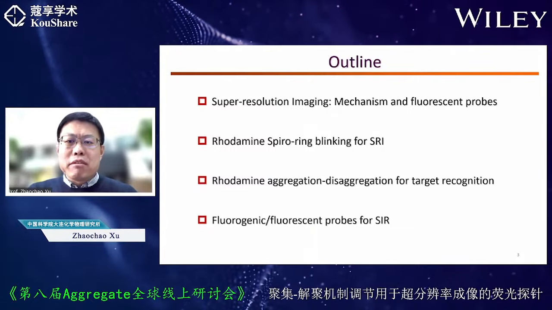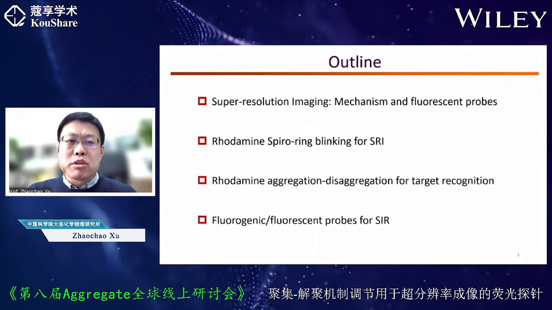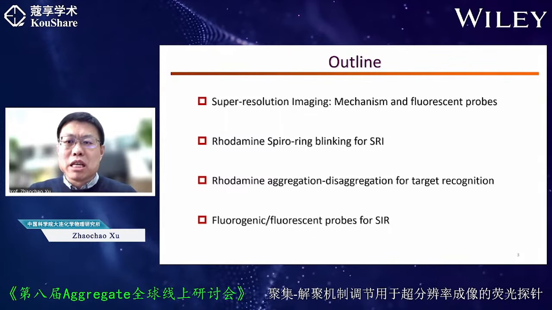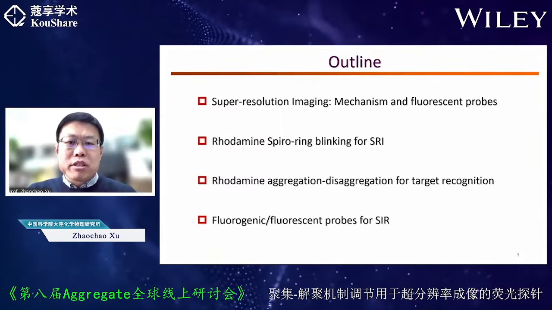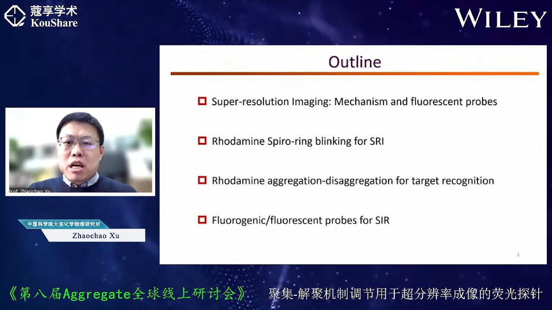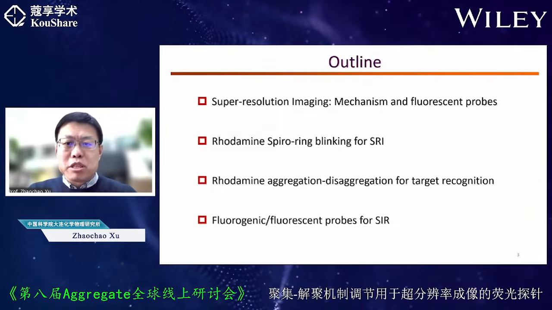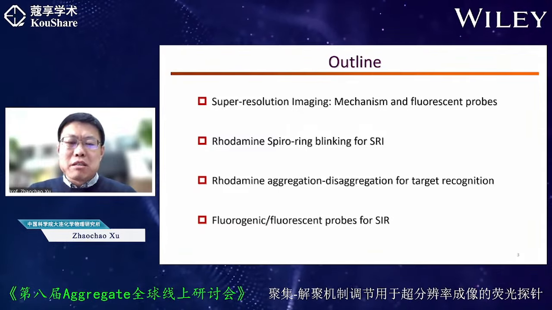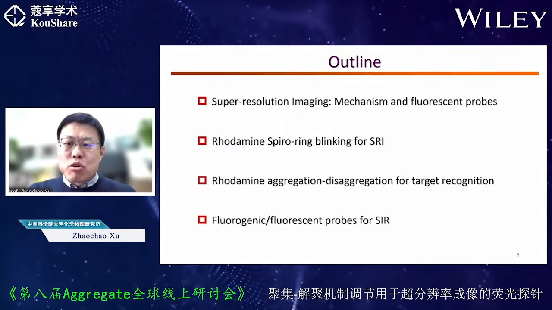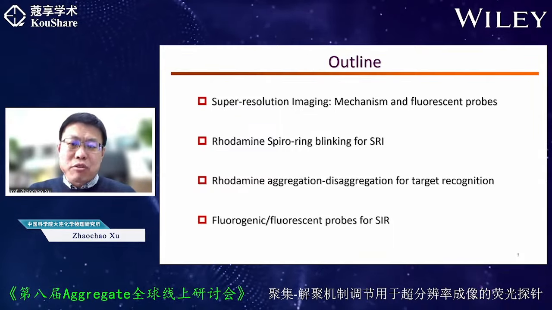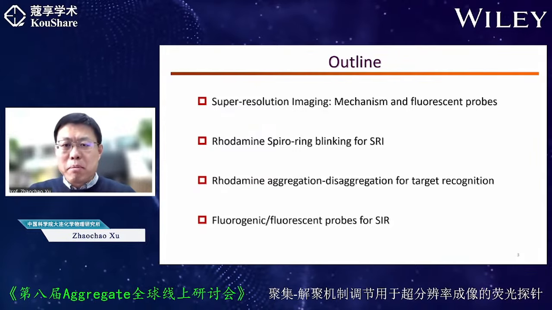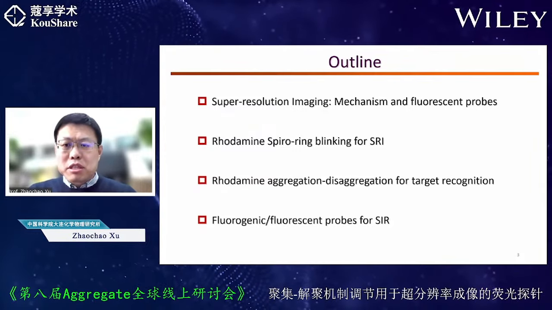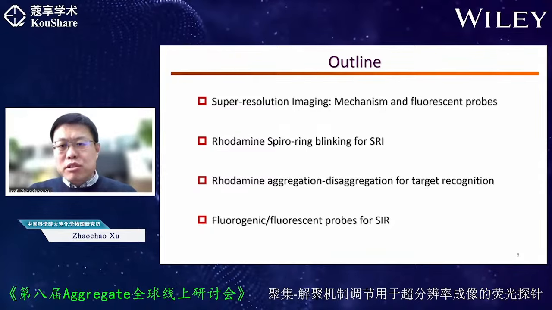My talk will begin with a brief introduction to the principles of super-resolution imaging to provide an understanding of the special characteristics required for fluorescent probes in super-resolution imaging. And we will then focus on rhodamine as the primary fluorophore to illustrate the main theme of my talk, the role of fluorophore aggregation and disaggregation in super-resolution imaging, the challenges that exist, and finally, the method we have developed